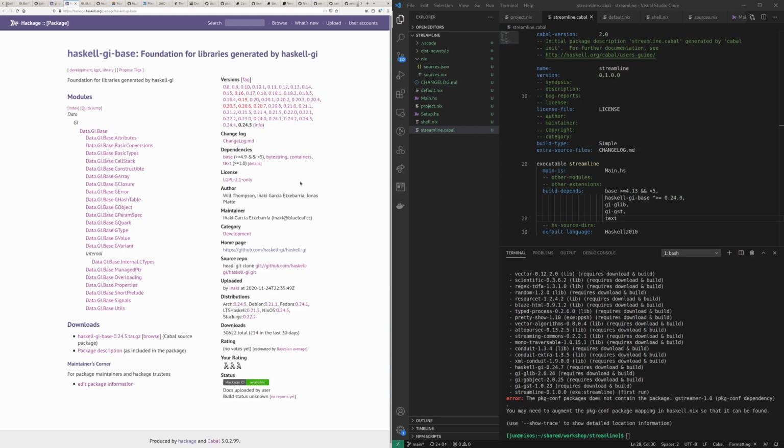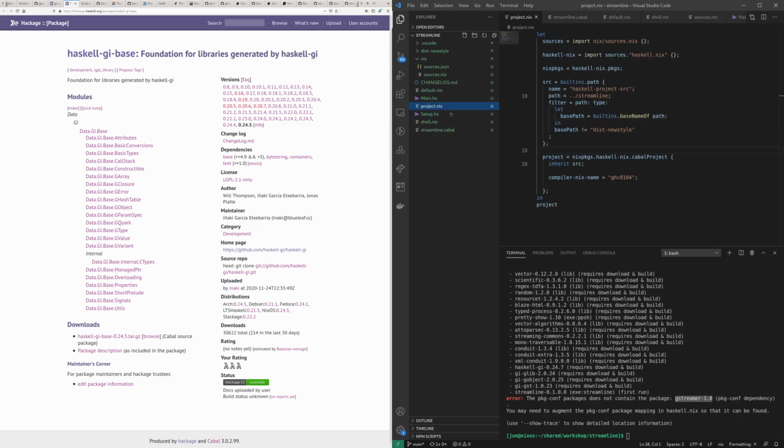So it's actually consistent. It just happens that not everything has been uploaded yet. There's no proper CI and whatnot. Okay, pkgconf package does not contain the package gstreamer. Well, absolutely, because I need to install it. And so we shall install that. And that's what Nix is for, right? But